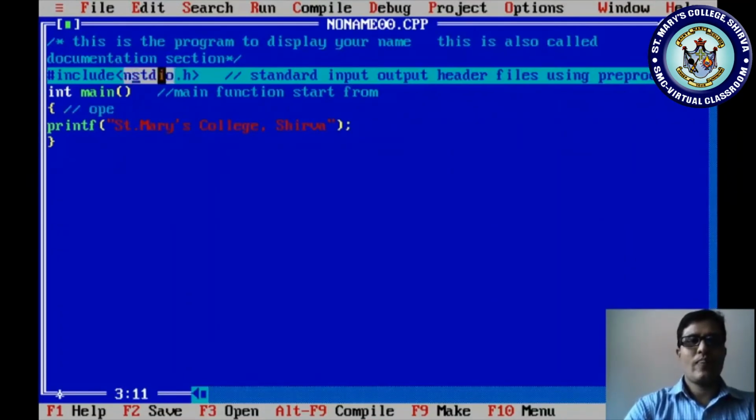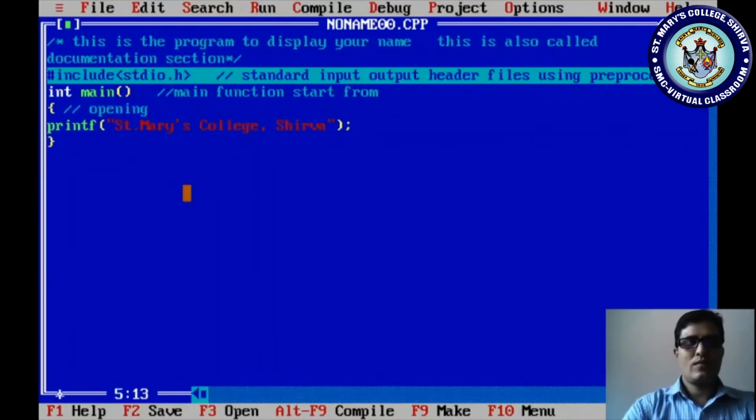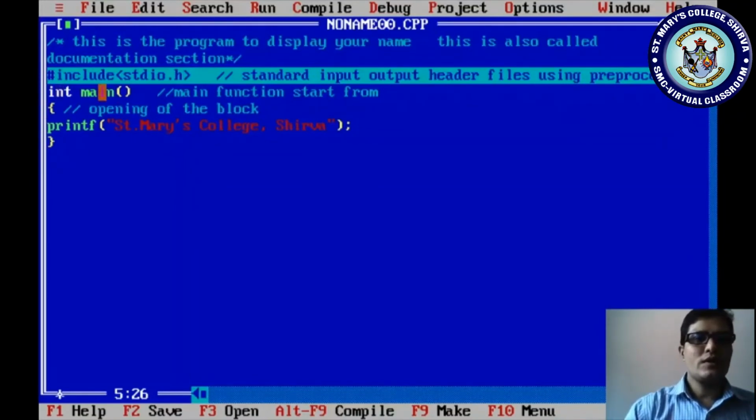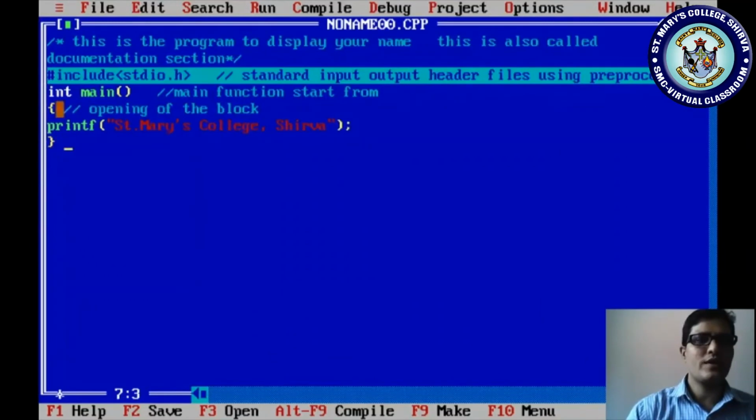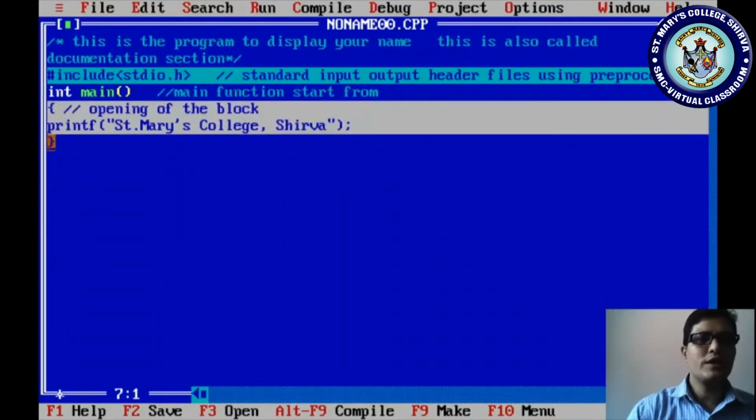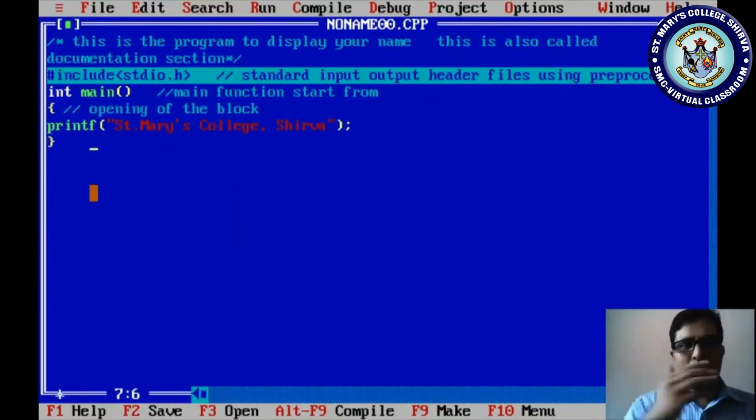All the information of these lines has been written in your standard stdio.h file. Okay, so printf is an output function, it displays. After typing all this information, next you have to save your file. After typing your program, you have to save your file.